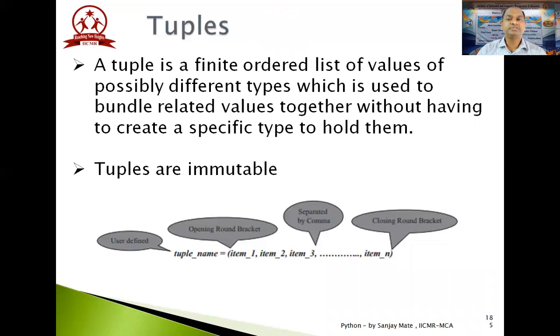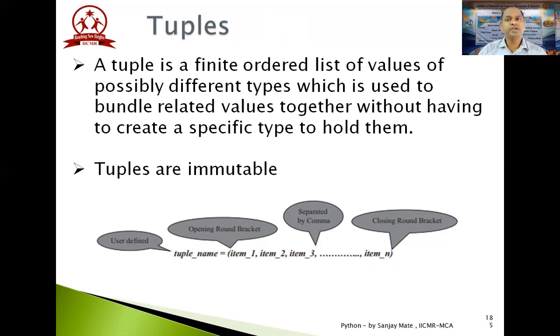Generally, this is the same as the list, but in the list we can have a list of roll numbers, a list of names, a list of cities. Yes, we can put different data types in the list also, but generally for the list we include all the similar things in one particular collection, that is the data structure list. In the tuple we can have different data types as well.